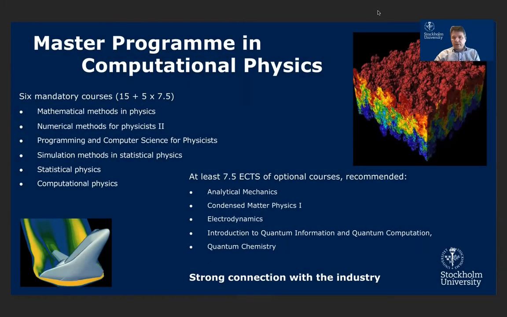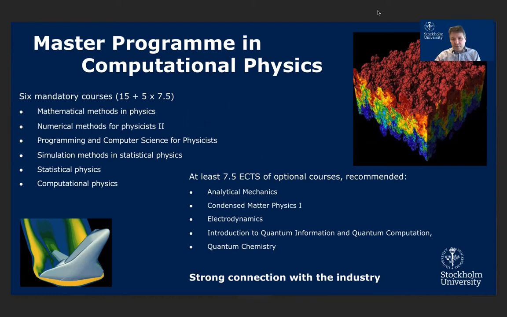So I would like now to give more details on the 3 different programs, and I will start by computational physics. This program is made up of blocks of 6 mandatory courses designed to provide strong foundations in computational physics.